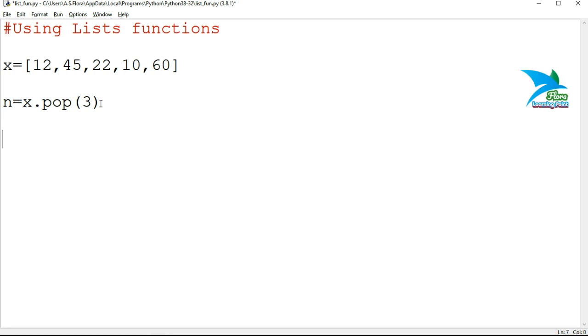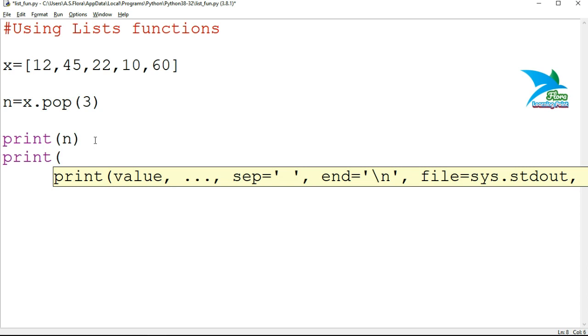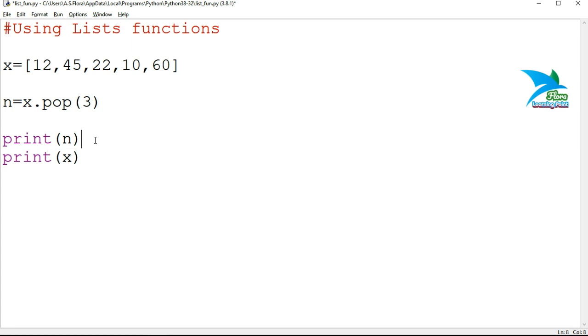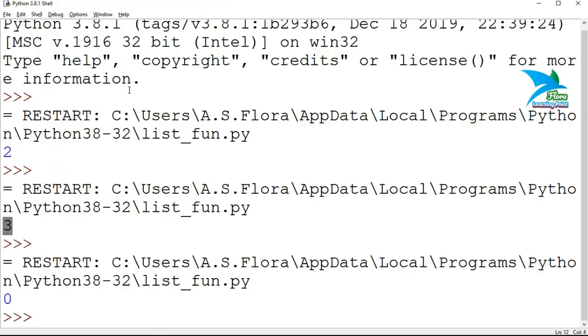After calling the pop function, if you print the value of n, then it will print this particular element. If you print the elements of the list, I'm going to use only the print function instead of traversing the elements. So it will print all the elements without this particular element, because the pop function removes it from the list.